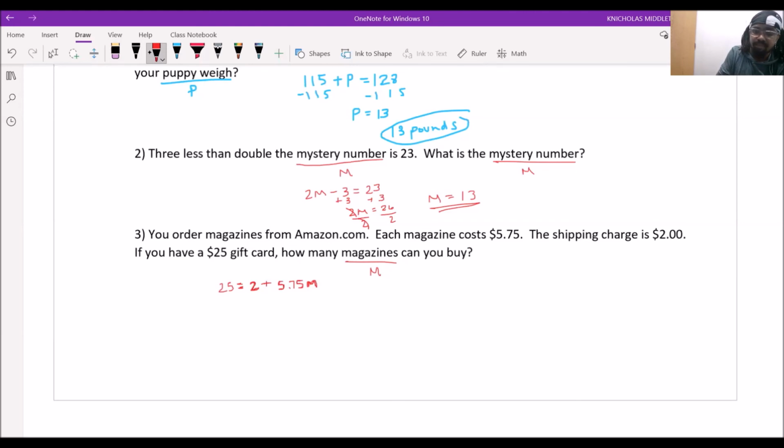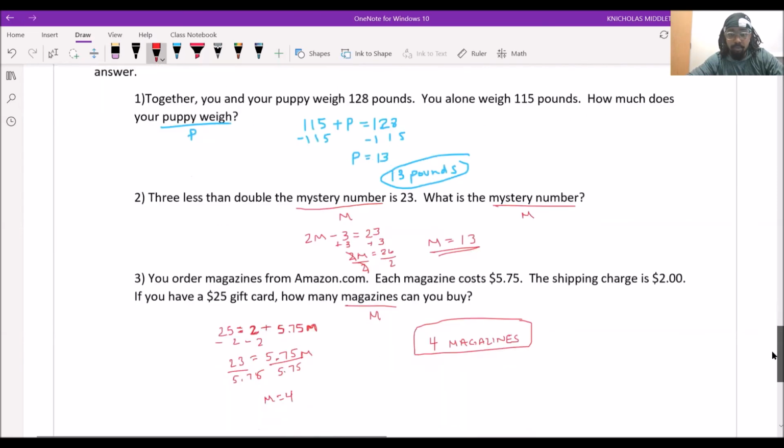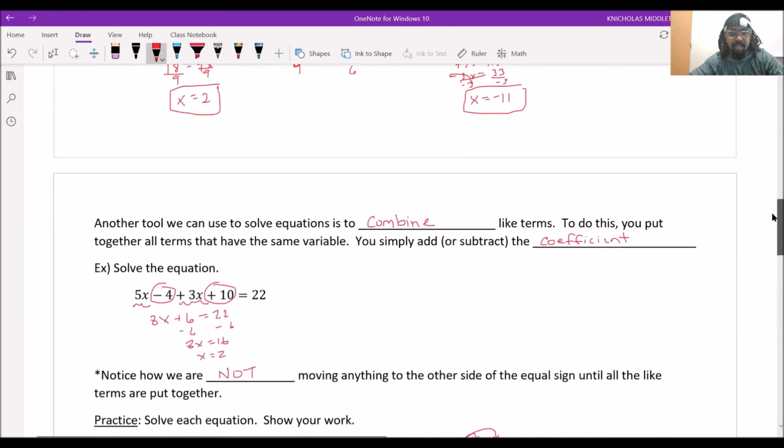I need to get M by itself. Subtract 2 from both sides, 23. 5.75 times M. I need to get M by itself, so I'm going to divide by 5.75. And this is one of those situations where a calculator is helpful. 23 divided by 5.75, 4. Nice. So I could buy 4 magazines. When we get into inequalities, I might say I could buy at most 4 magazines. But with equations, 4 is going to be a good answer. All right, so there we go. We solved some word problems, solved some 1-step, 2-step, multi-step equations, and so we'll spend